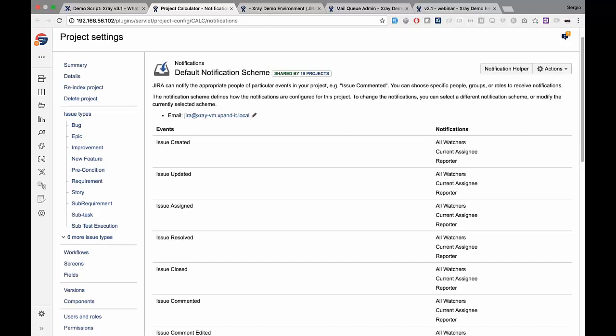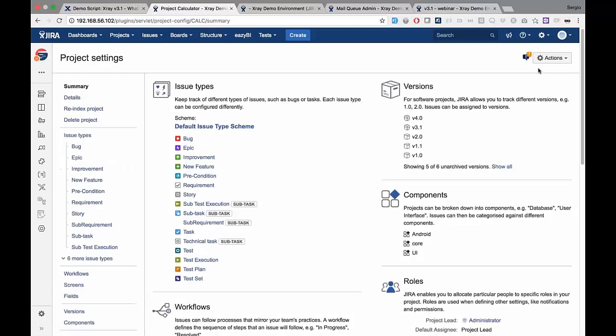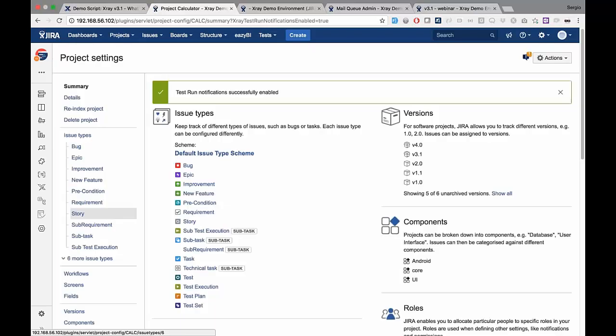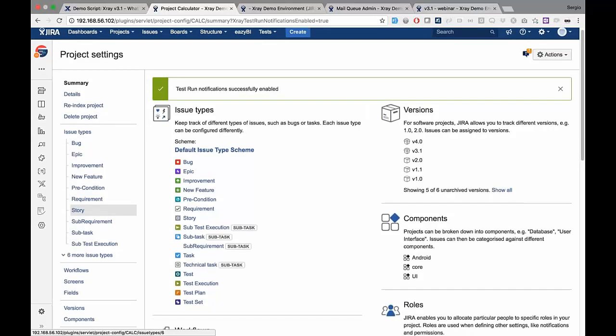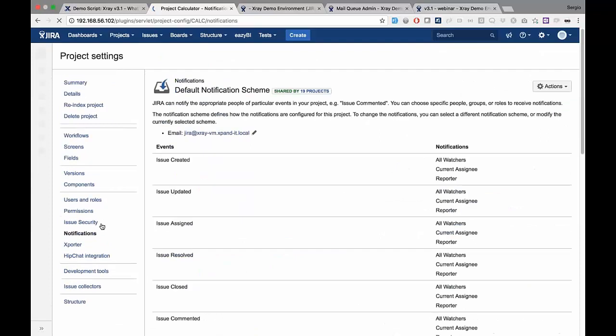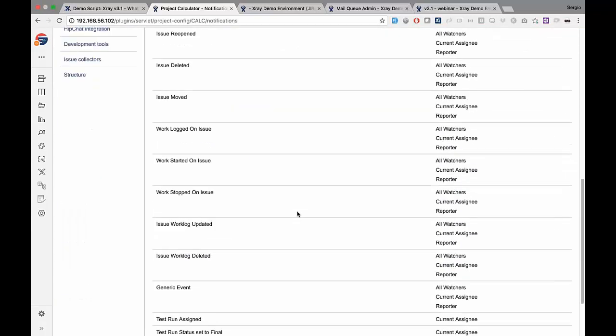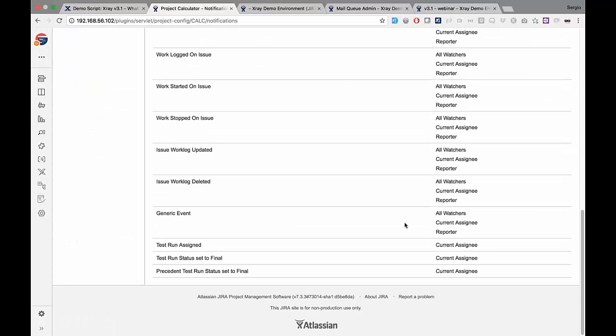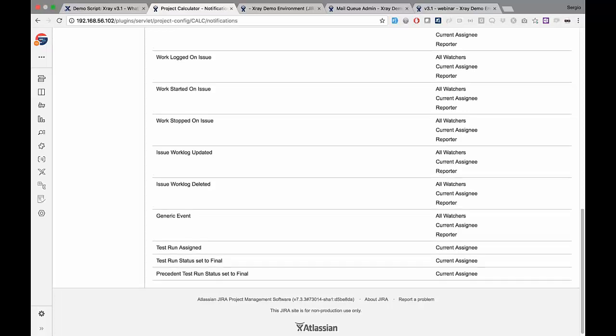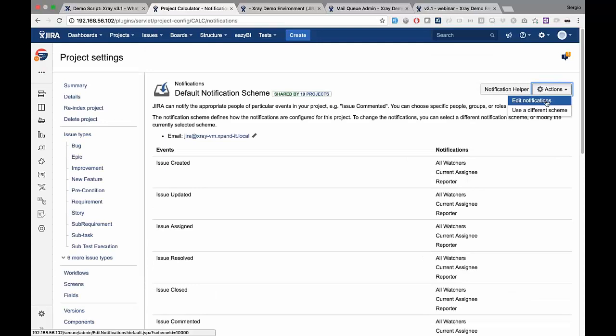So you can either edit the notification scheme, or there's a quick way that will set some defaults that you can do right from the summary page. So there's an action here to quickly enable test run notifications. And basically, if I open the notifications here, now you're going to see that they are configured to the current assignee. Okay, but as I've said, later on, if you want, you can change and add other recipients for these specific events. So if I add it in the notification scheme,